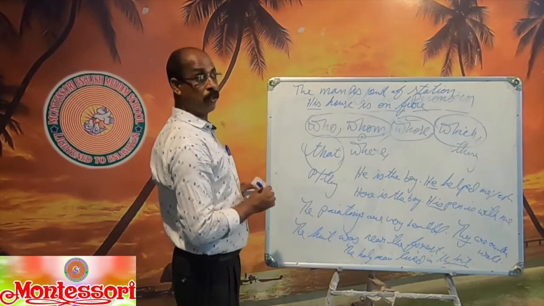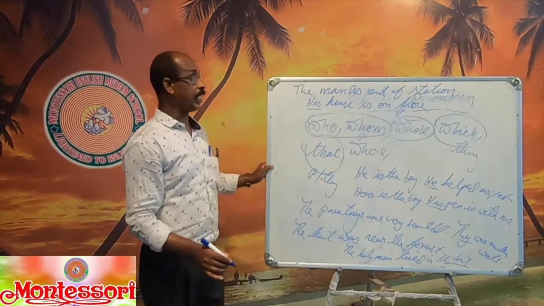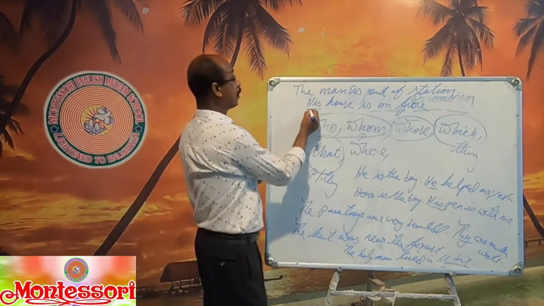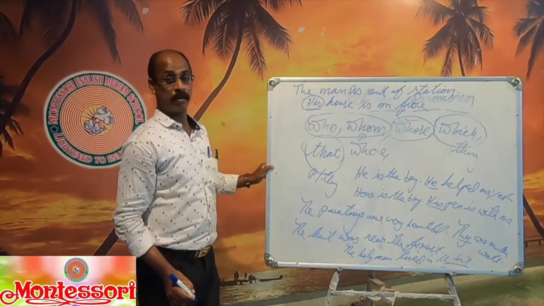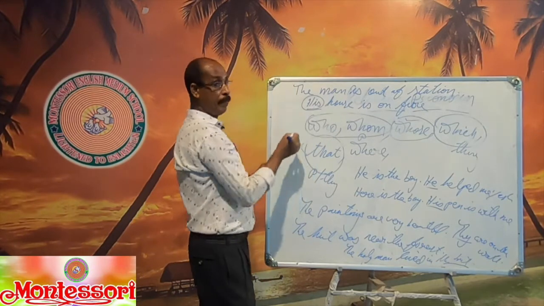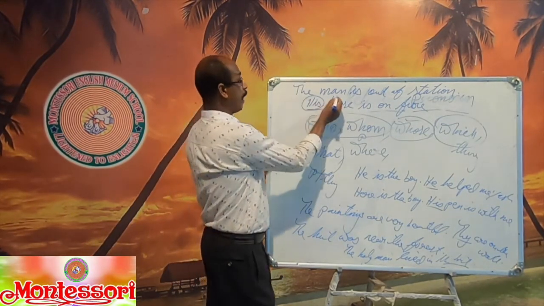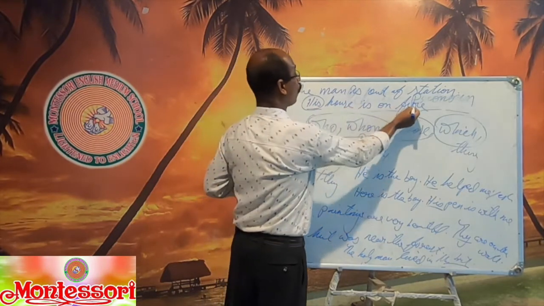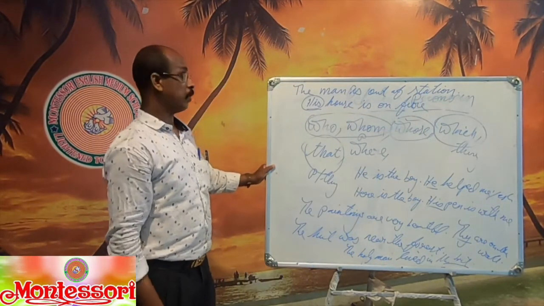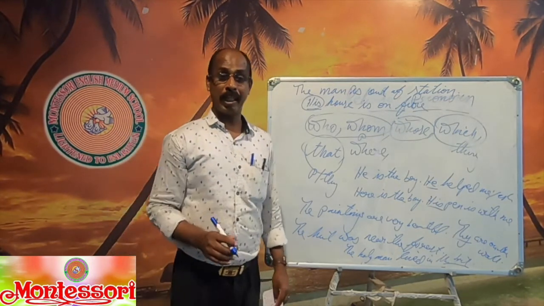The previous sentence was told. Say, the man whose house is on fire is out of station. You cannot say who because it's a possessive case. The man is repeated. Possessive case of man, man's, the man's house. So possessive form is used. The man whose house is on fire is out of station. So I think you understood the lesson.